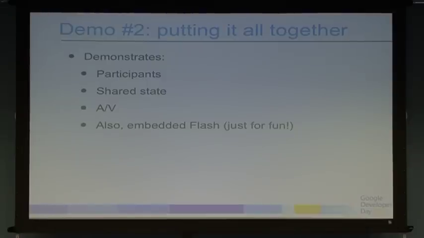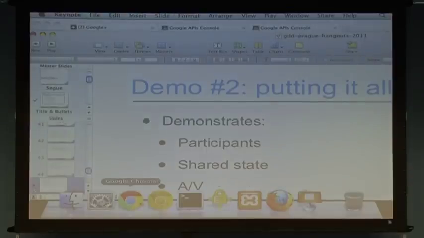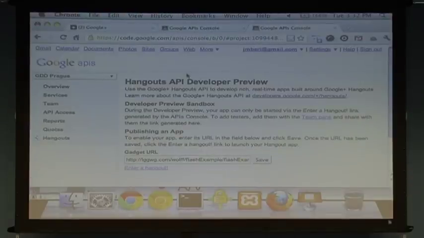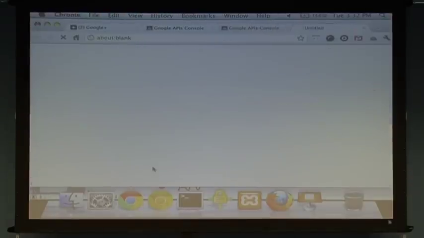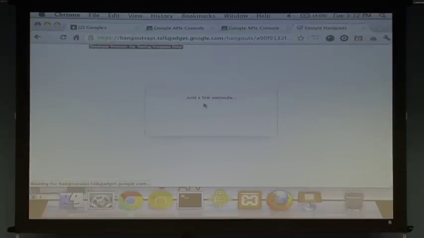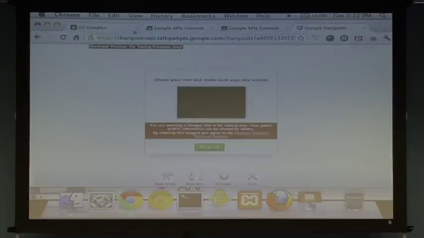So let me switch over to that app. I know you already saw it, but now you can actually see it being launched. I'm going to share this with Brad also.